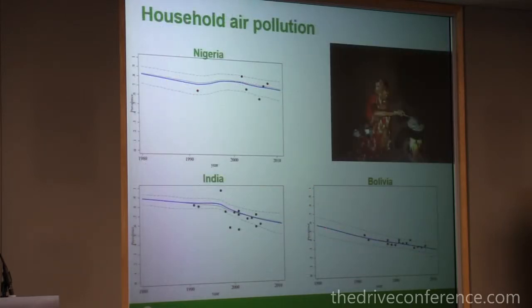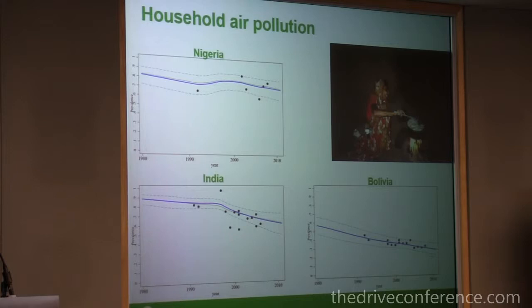So here's another example, household air pollution in countries like Bolivia or Nigeria. You have precious few data points to work with. And those are instances where we use either regional patterns or covariates, which can range from income levels, GDP, education. For some diseases, we used the number of sheep in a country or the number of pigs in a country, if that was relevant, to help predict the actual levels in a given year and come up with actual estimates. But then, as you see, the confidence intervals tend to get a little wider when you don't have data and you have things informed by those regional patterns or covariates.